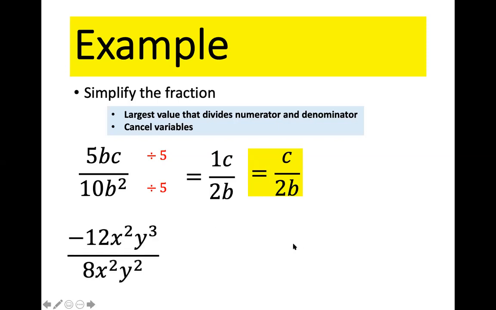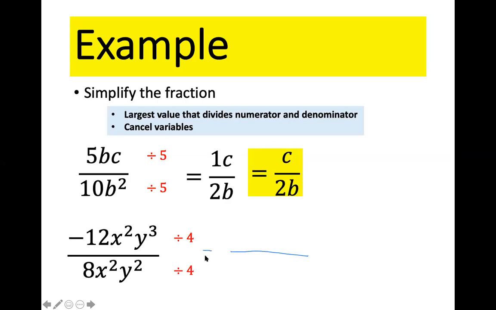We can make it very complicated here. Notice once again, the process is still the same. We think of these two numbers, 12 and 8. You can think of it as negative 12 and positive 8 if you'd like, but 12 and 8. What goes into 12 and 8? A 4. So if I divide the top and bottom by 4, just the